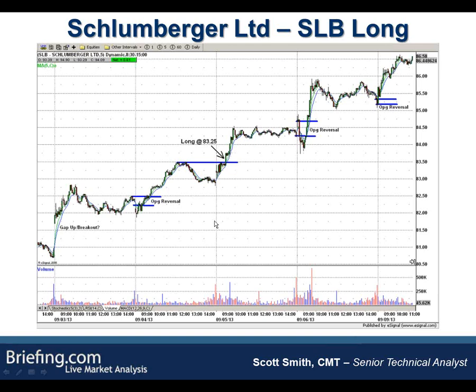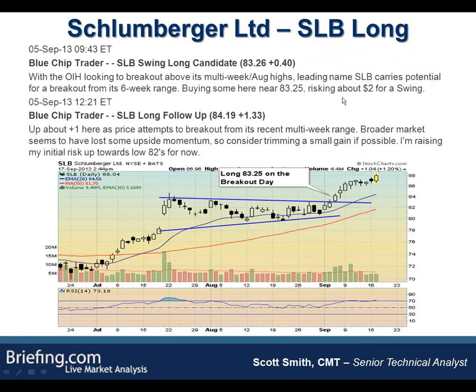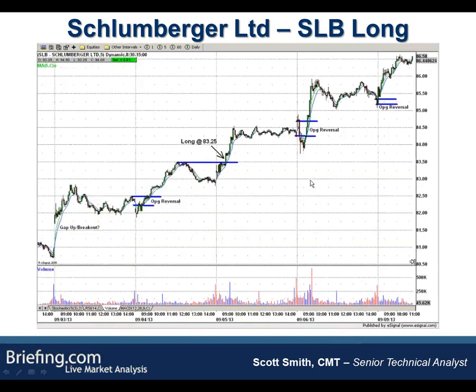Yeah, I was giving about $2 risk for the swing, which basically came down to these lows down here where the lower trend line was, the $80 area, or if it started cracking below the 20-period moving average, that would have been more of a concern for me. It would have been falling back into this gap area. So it's one of those things we just jumped on board. We did catch a nice dollar almost immediately, which is always a great sign to peel something off the table. And then the following day it just kind of gapped up, came negative, and then you had that strong first hour, 30-minute reversal pattern, which again,